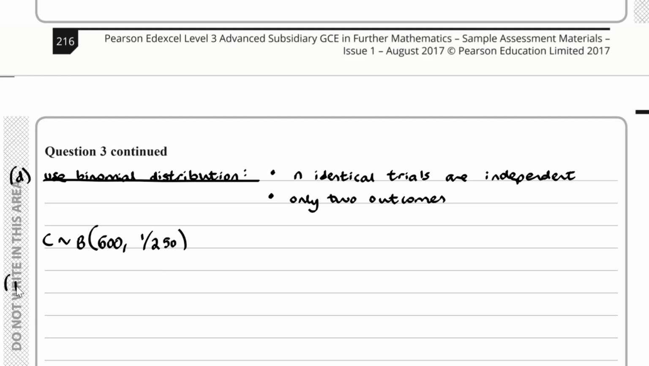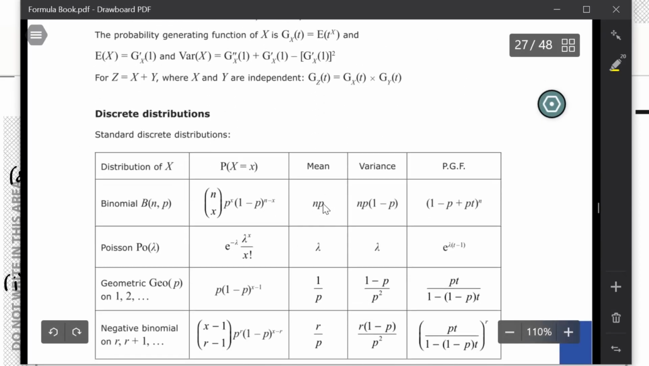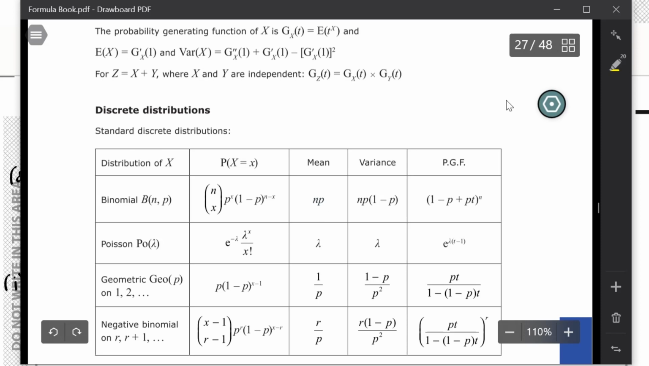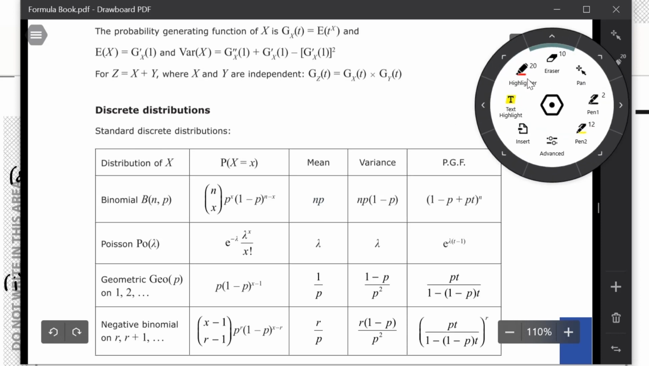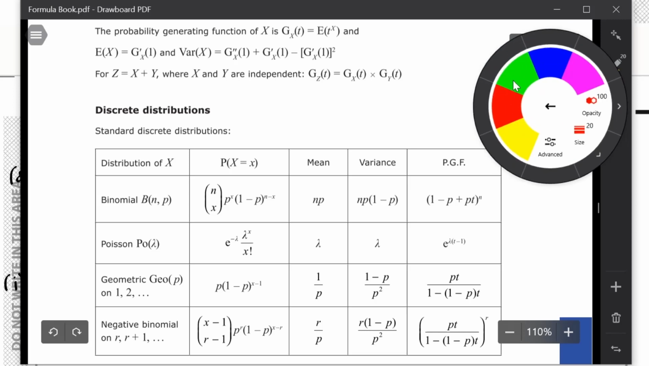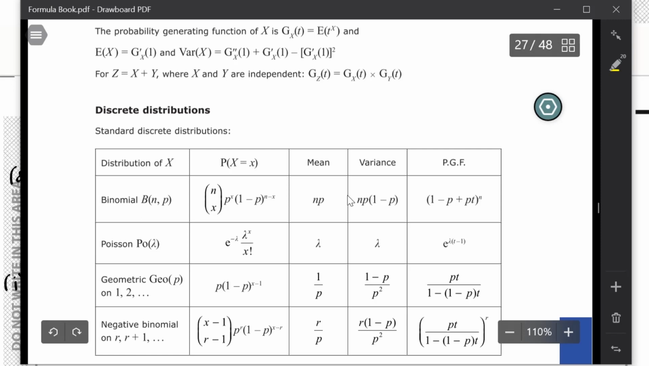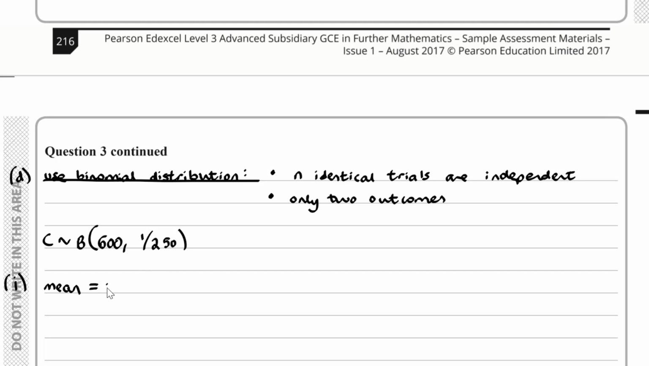So for the first part, when we come to find the mean of a binomial distribution, if you go to the formula book, the mean of a binomial distribution is given by this over here, and the variance is given by this over here. So we have the mean NP, that's equal to 600 times 1 over 250, which is 2.4, and the variance,